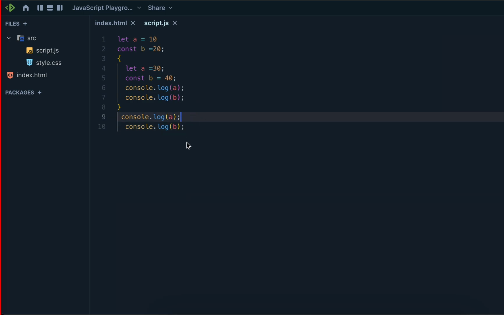What is the output? Just go line by line. I'm checking the fundamental things actually.